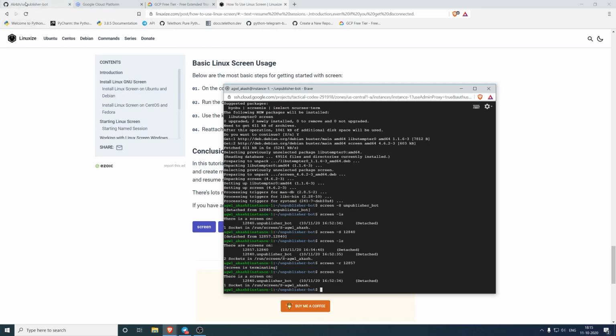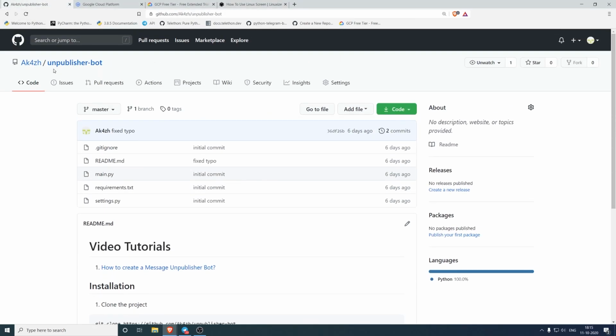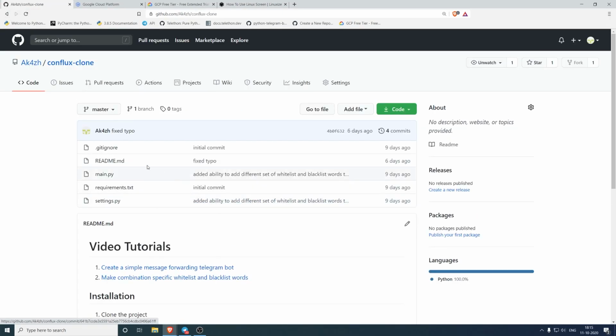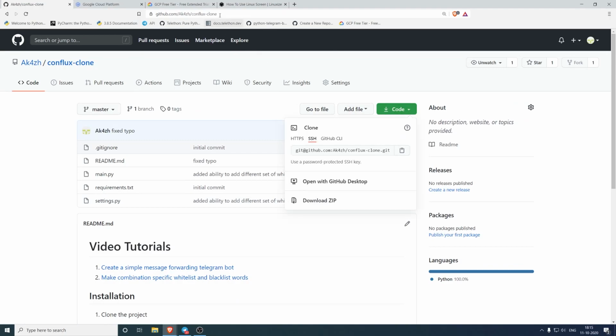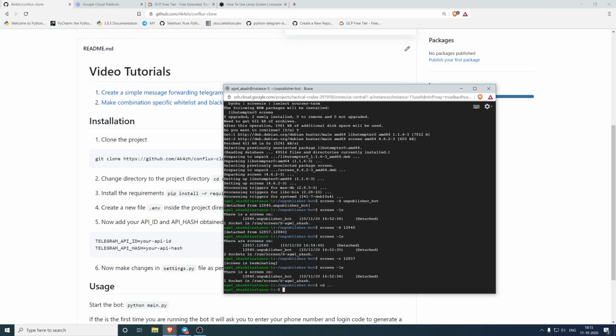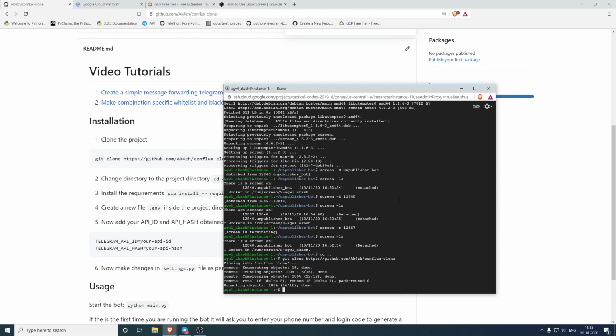Now let's try to host the other bot, which is the message forwarding bot. So let's open conflicts clone and clone this project. Let's go to the root directory and clone this project here. So our conflicts clone is now cloned in our server. Let's go inside the directory